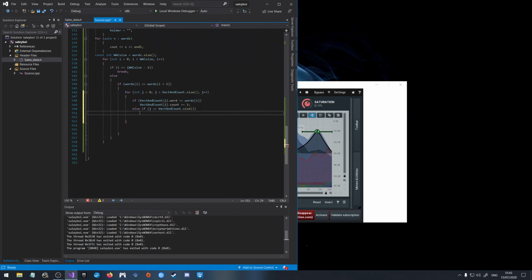You know what? Screw it. You need to do something when it's not found. Yeah, if we've got a repetition of the word and it's not updated into the vector, where the information of which words are being repeated is stored, we need to create a new entry. Else if j is equal to vector and count.size,